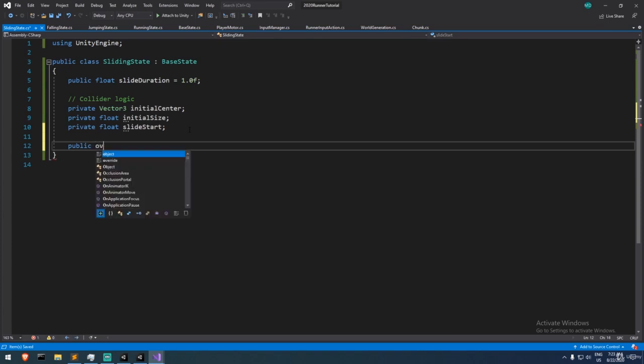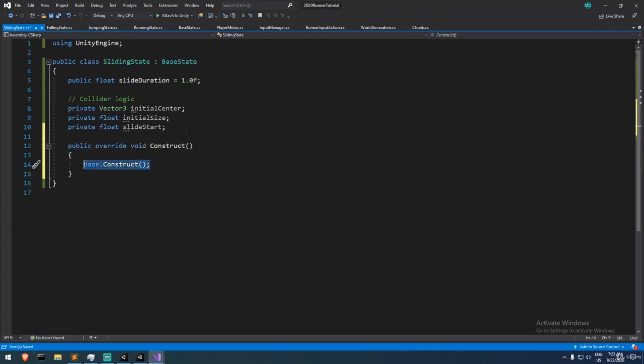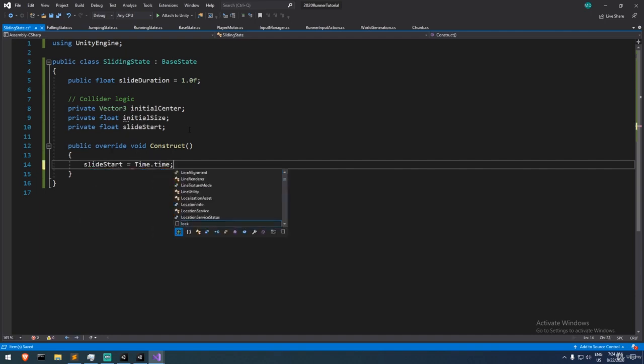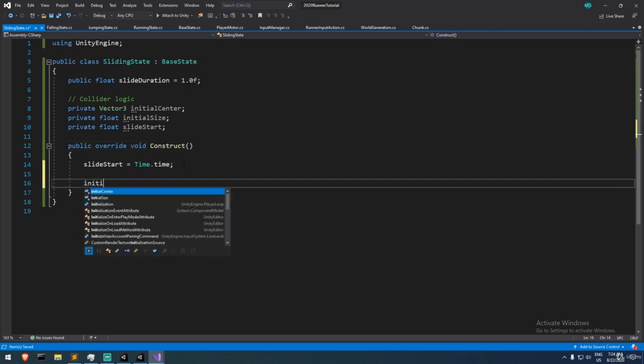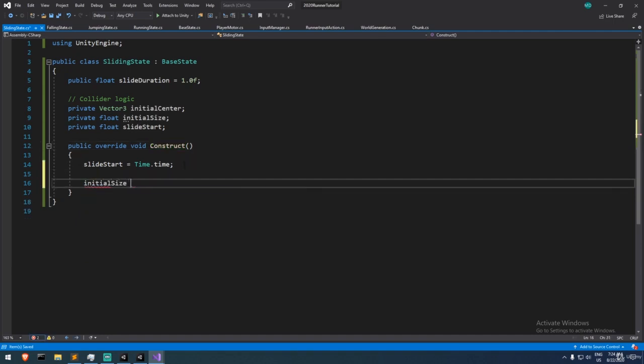This one is a lot more complex than the rest of the state, simply because we're modifying the character controller on the fly. So we're going to start with a construct override. Whenever we enter the sliding state, I will start the slide with slide start time equal to Time.time, which is going to give us an exact timestamp of when we enter the state. This is going to be useful so we can transition out of it eventually. Now, as we're constructing this, let's also make sure we have the initial size, which is going to be equal to